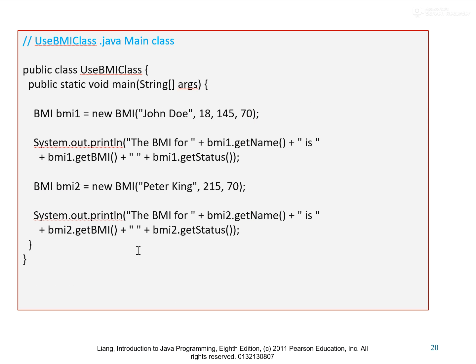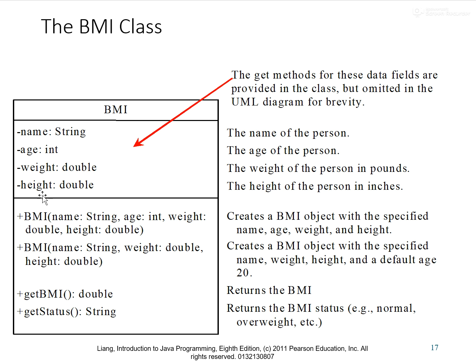There's also a test class, a main method to test it out, but you'll notice that there are no get methods or set methods for the name, age, weight, and height. Now, obviously, you have to put something in here in order to make use of this class. Now, one way to do this is to make this an immutable class, and you can say that you have to specify these data members in the constructor. But